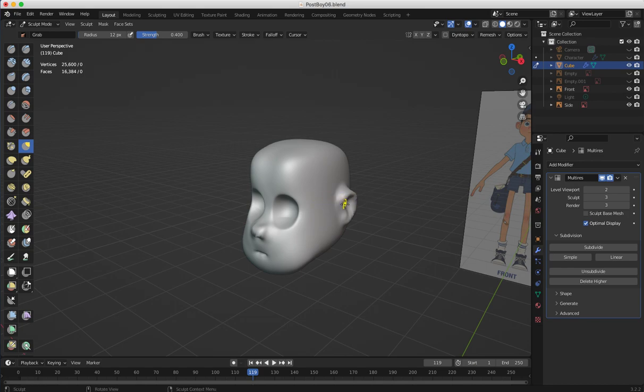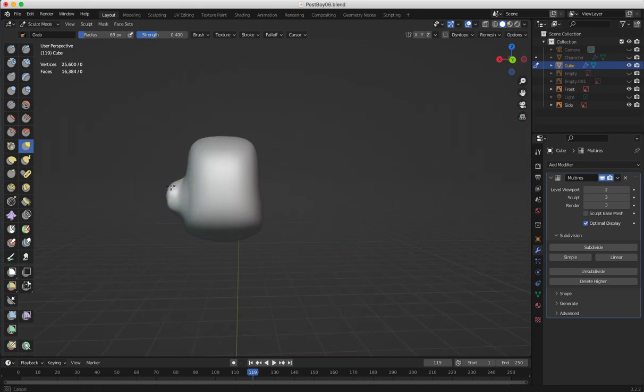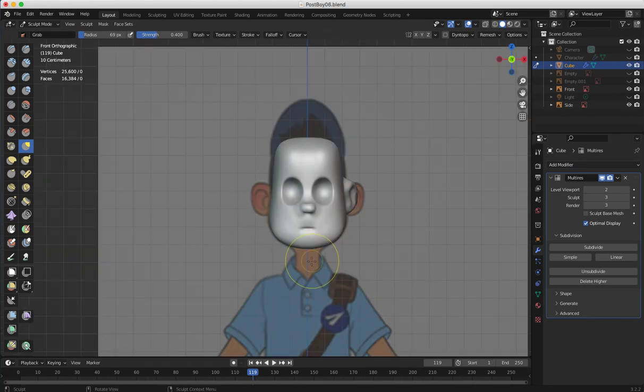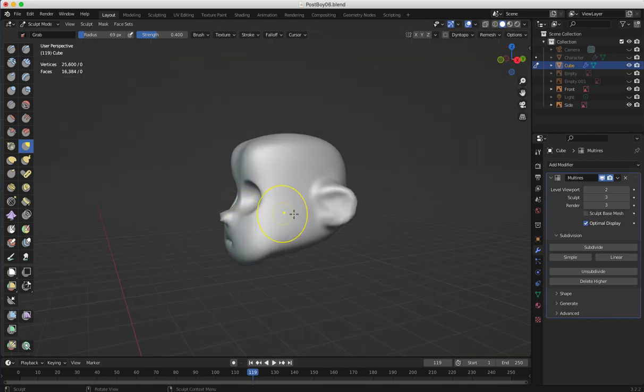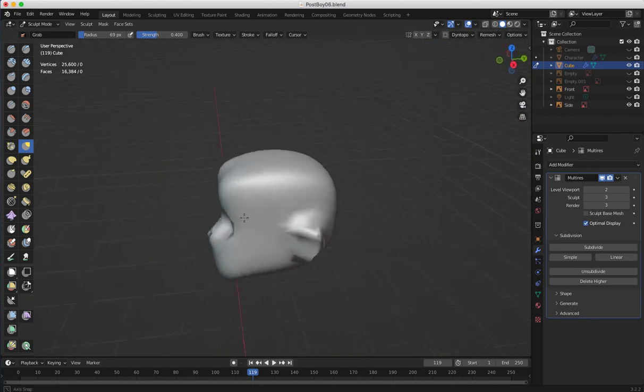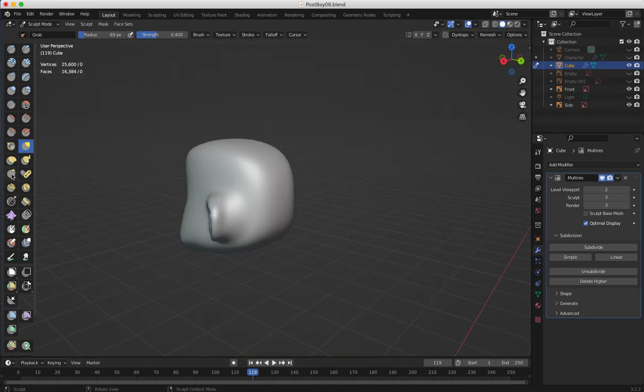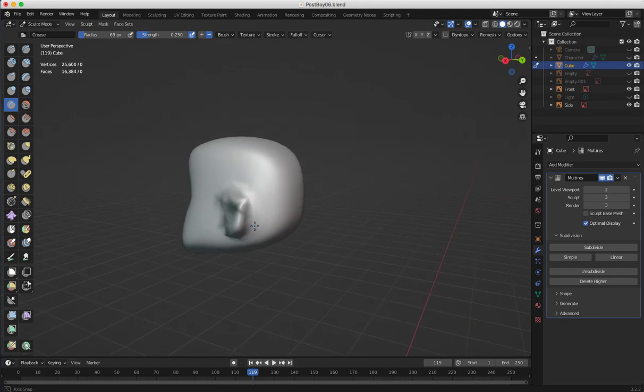Oops. So now I use a big brush and I pull in the entire ear, this bit here. So let's have a look. Yeah. Okay, so that is his ear, and then I can always use the crease one. I can create a crease, so make it smaller. And